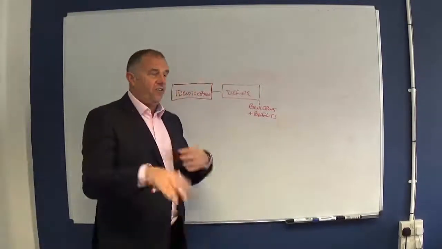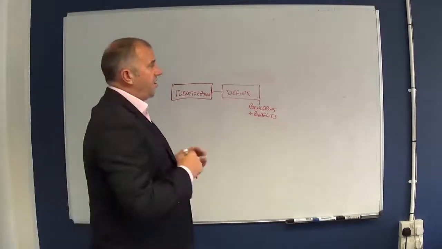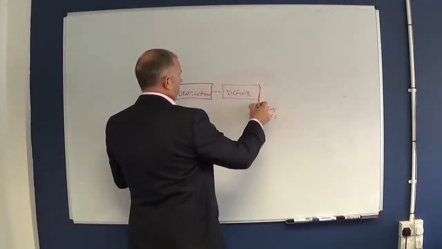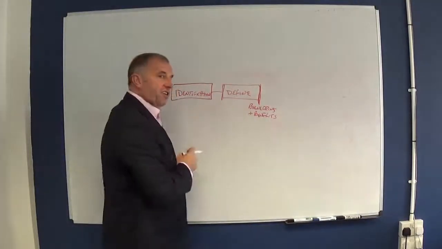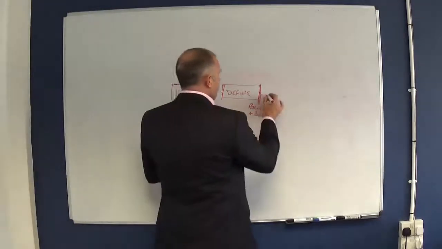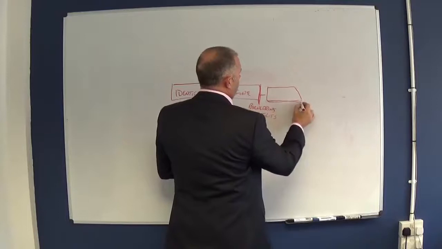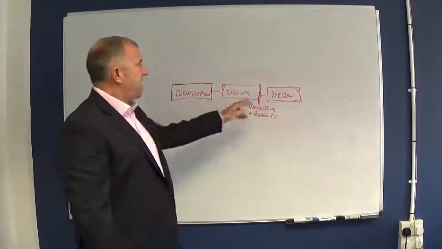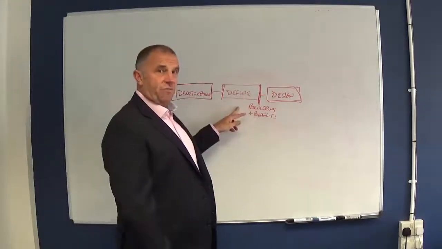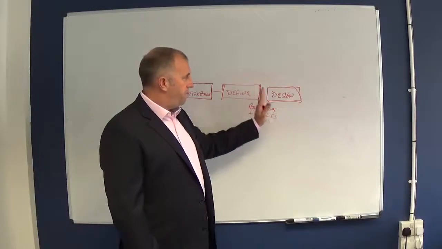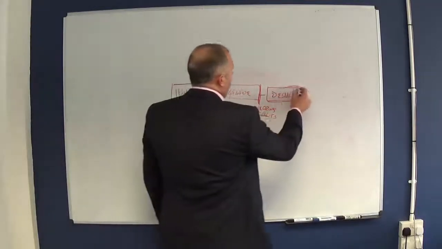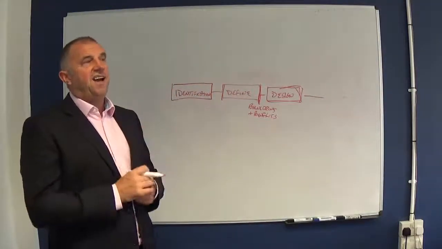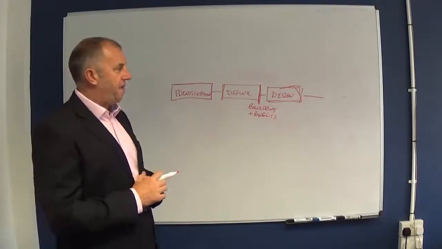Now, interestingly, if you look at things like the Cabinet Office gateways and also the stuff around Green Book, they do actually have this break point. And then once you've decided you're going in the right direction, we can then design it. So we have put an extra box in there called design. Because if you stick strictly to what MSP says, you can end up designing a programme that takes you to the wrong place. So this needs signing off. So we've broken that up. And then, in the linear approach, you're probably expecting us to say, actually, what about the benefits and the capability? But I'll come back to that.